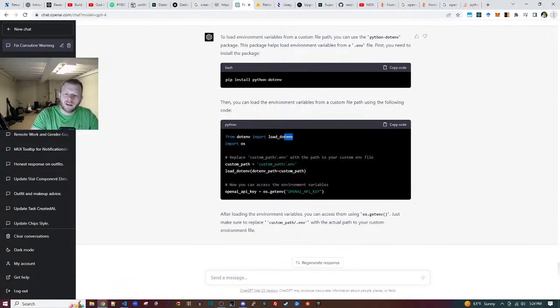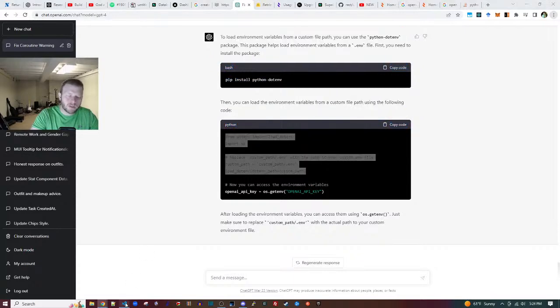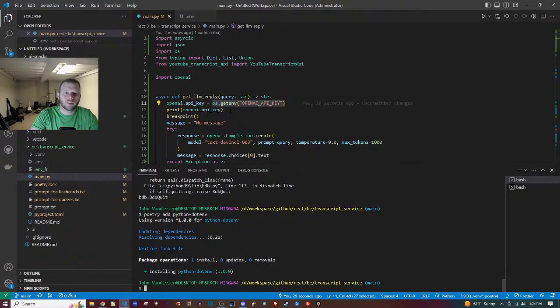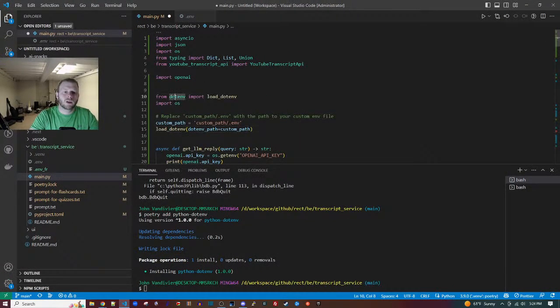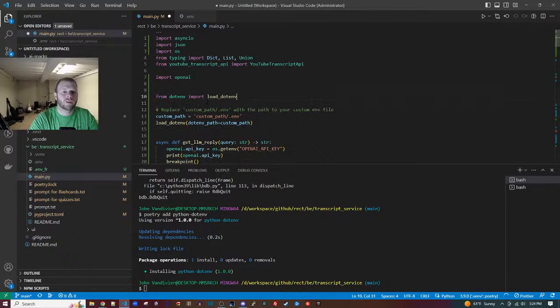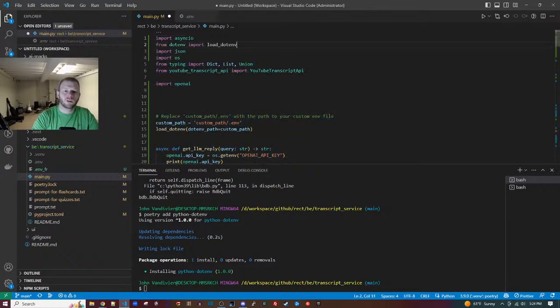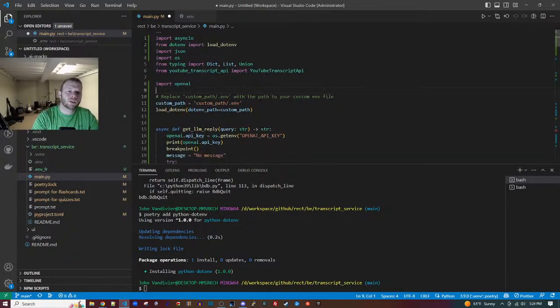Okay, so we got .env. Let's grab all this. .env is here. OS is already imported. Okay. Custom path.